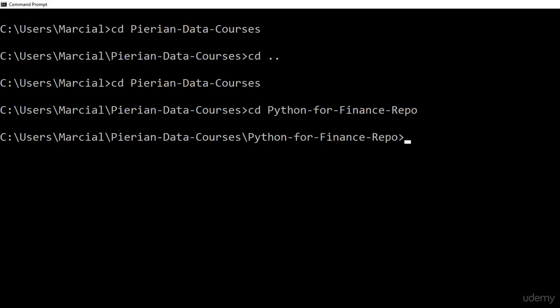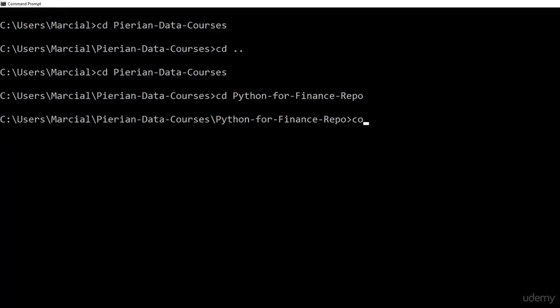That unzipped file contains a bunch of notebook files, but it also contains an environment file. The environment file is an environment that you can activate to actually have the same environment that I used when I was creating this course. So the way you do that is once you're actually in the repository with the environment file, it's the environment.yml, you'll say conda